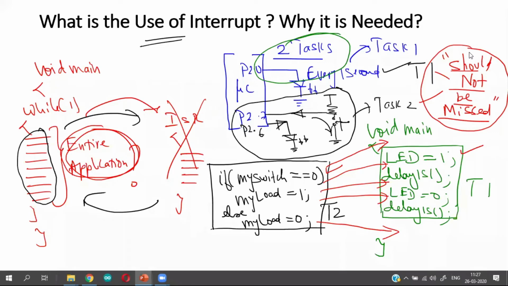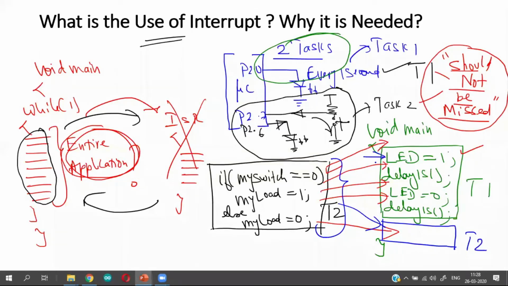Why? For argument's sake, let us say I am putting task 2 at the bottom of the code here. I am putting this entire box here. So let us take a hypothetical situation.